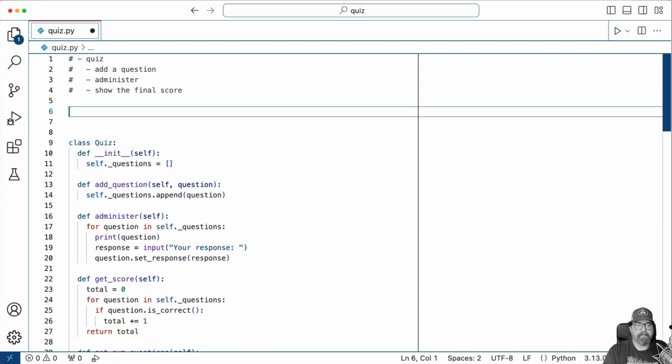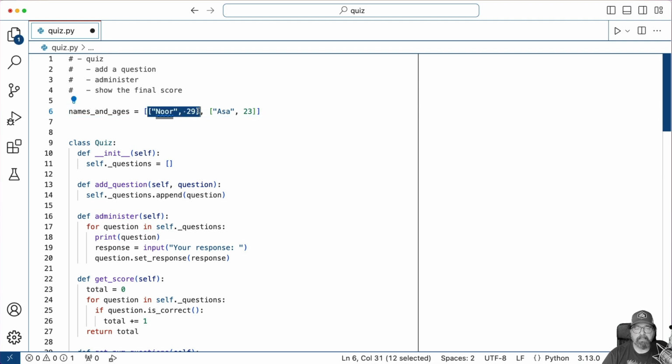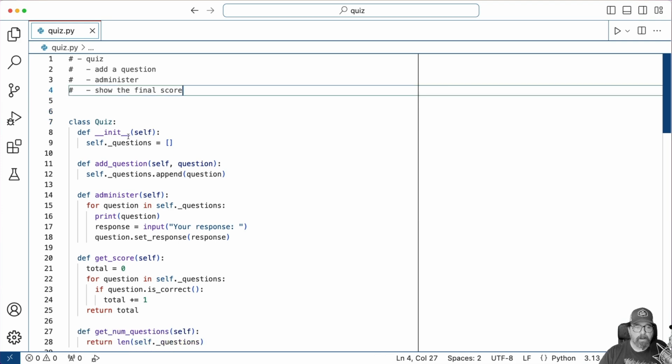If we had something like names and ages, which were a list of lists, like Noor is 29 and Asa is 23, we have a string inside of a list, inside of a list. So we've already dealt with this kind of stuff, shoving things inside other things. But now we're doing it with our own objects, and our own objects can have their